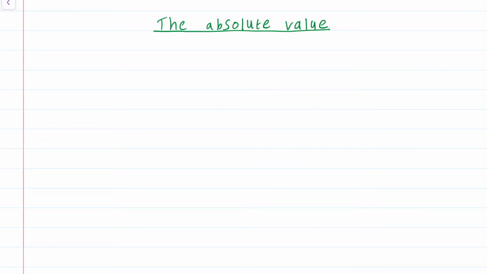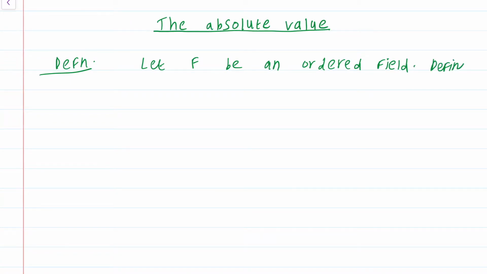We begin with the definition. Let F be an ordered field. Define the absolute value function, denoted modulus from F